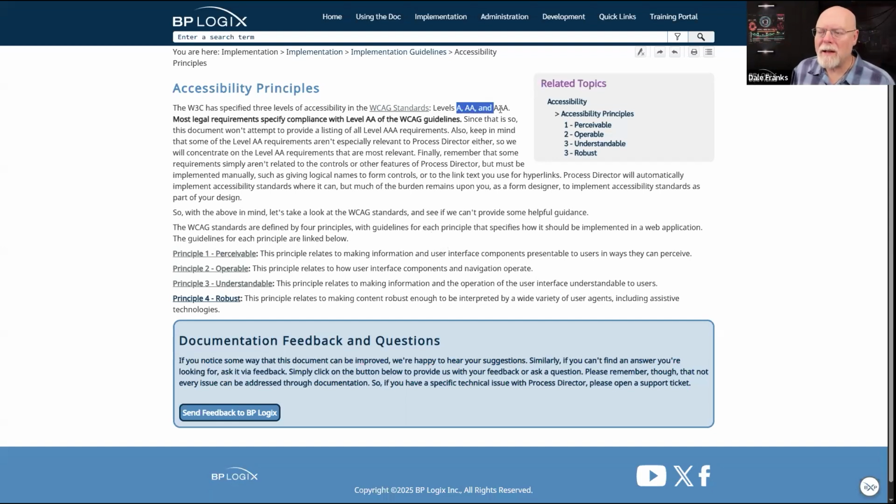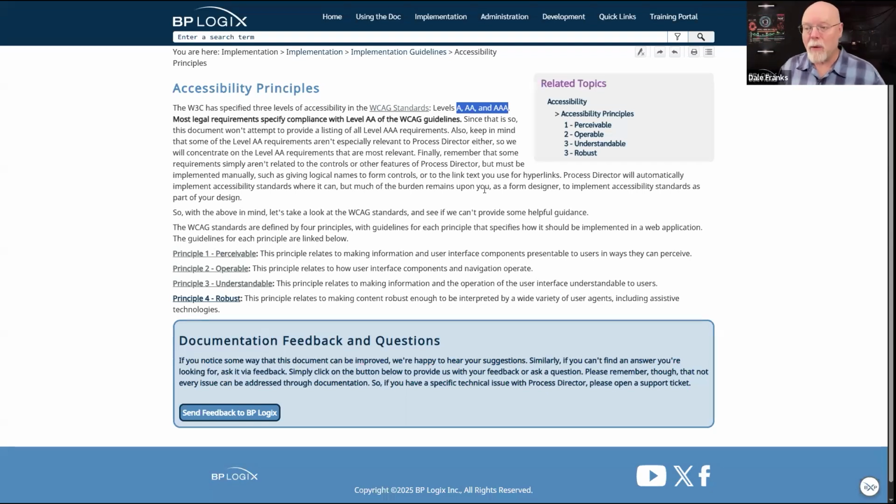But this level A, AA, and AAA level of compliance is important because, depending on where you live, we'll just talk about North America for right now, there is the Americans with Disabilities Act. There is the Accessible Canada Act, which is kind of weird because it doesn't really have a lot of specific guidelines in it. On the other hand, in Canada, as well as in the United States, there are various state and provincial accessibility laws that you need to comply with. And in Canada especially, some of the accessibility laws are quite strict.